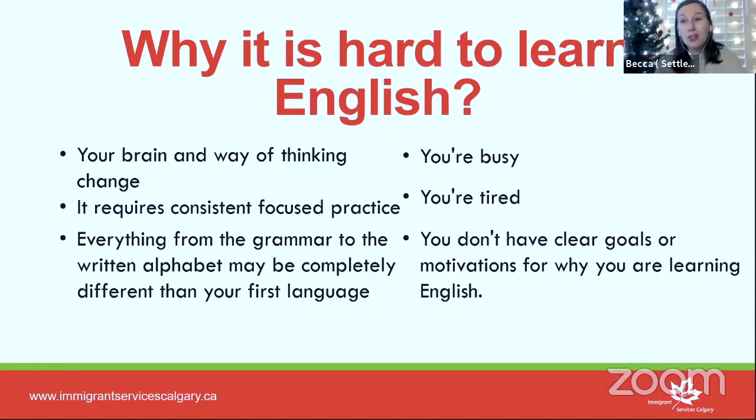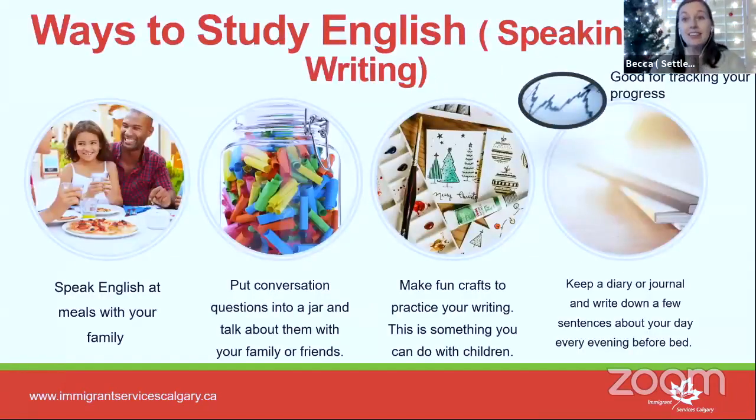It's also maybe you just don't have clear goals or motivations of why you're learning English. So often, like with children, for example, if someone tells them, like their mom, learn English, or when you were in school and people tried to force you to learn English, were you very interested? Probably not, because someone was telling you that you had to learn English. It wasn't your own motivation. So if you have clear motivation and you have goals and know why you are doing this, it's easier to learn English.